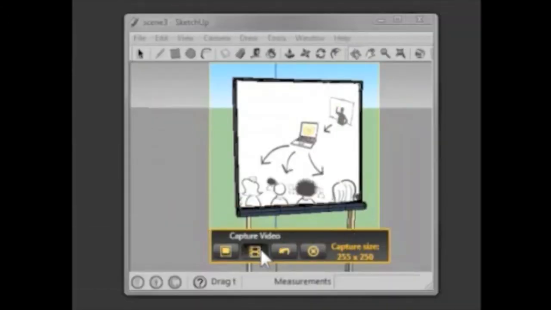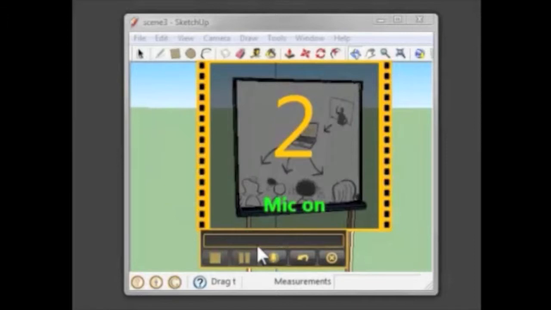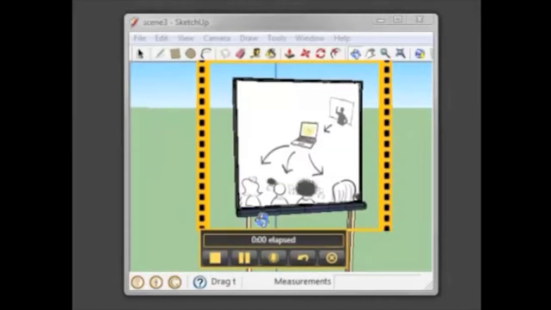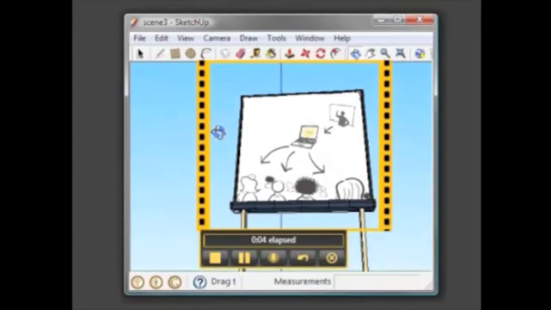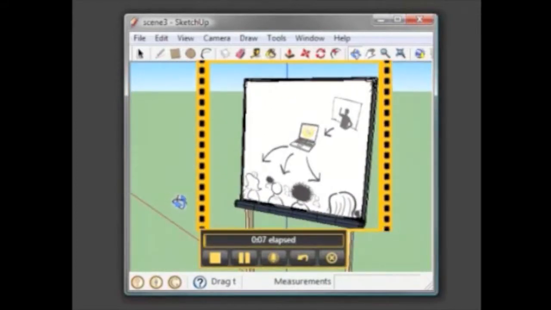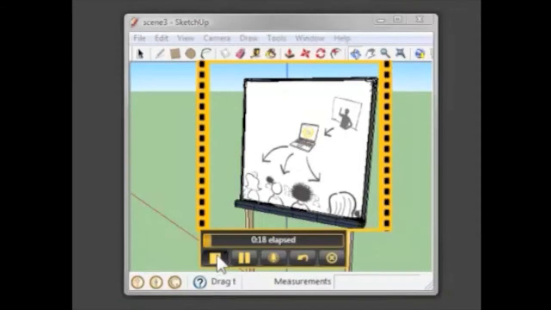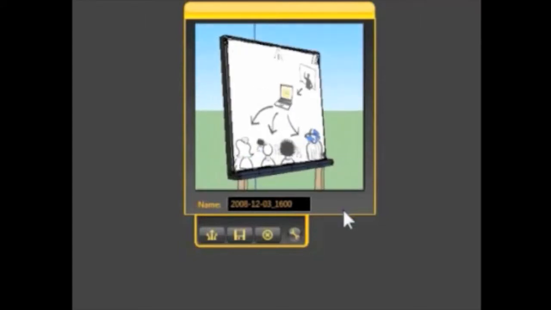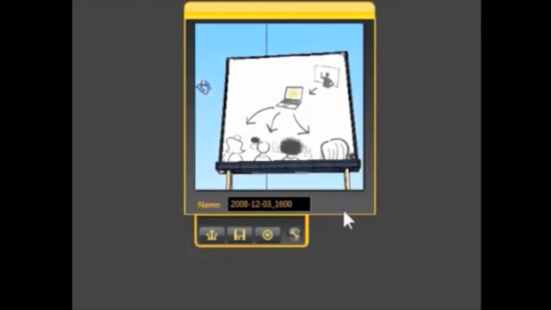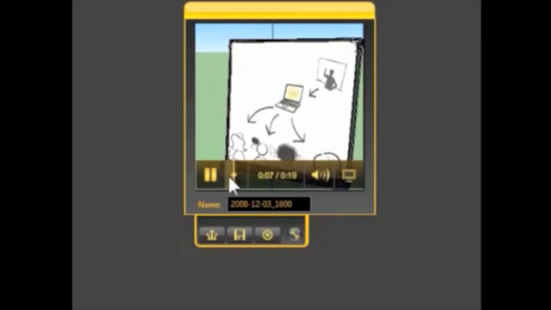Alternatively, we can go for the video. So again, it's just going to capture that section of the screen for however long we want. It's really useful. You can insert it into other video if you like, perhaps if you're using Windows Movie Maker. Alternatively, you can just send colleagues or friends the link so they can watch it directly. So once you're done with that, we're just going to take one final look, make sure you're happy with it, and then we'll save and we're good to go.